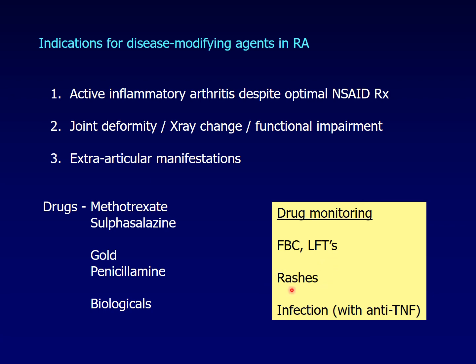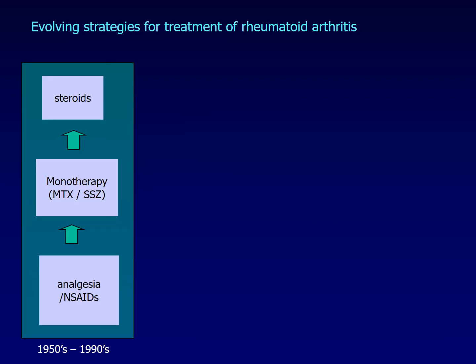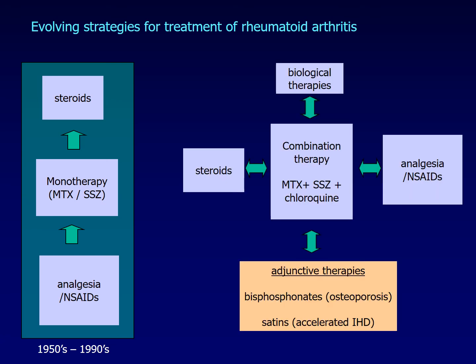Then we have to watch if the patient has any allergic reaction or infection, most commonly in patients taking anti-TNF drugs, that is etanercept and infliximab, which are immunosuppressive drugs, and the patient has a high risk of tuberculosis reactivation. So these are the drugs, the combinations of drugs we have to give according to the patient profile and the particularity and severity of the symptoms.